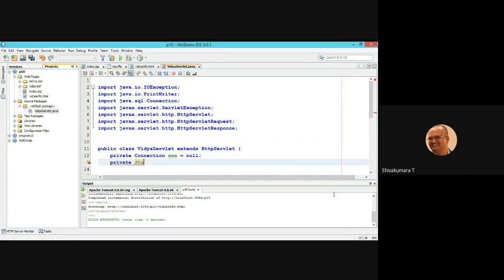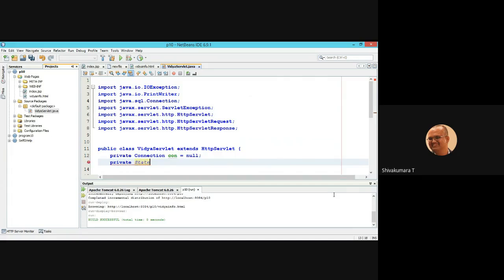The Statement object itself is used if the inputs are unknown and you want to insert values on the fly. Prepared statements are pre-compiled queries; you need to pre-compile the query before interacting with it. Callable statements are used to call stored procedures. We are going to demonstrate here the prepared statement and the statement object itself in this code.